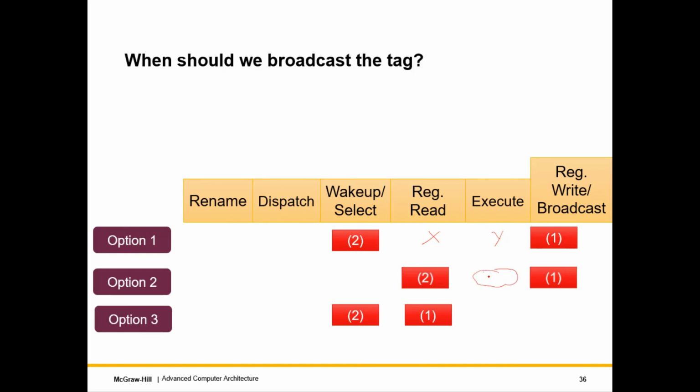Even if I were to broadcast 1 cycle earlier, that will still not work. Hence, what I need to do is that when instruction 1 goes to the register read stage, just after getting selected, it speculatively broadcasts the tag. I am using the word speculative. In this case, it makes an assumption that the execution will take 1 cycle. We will come to the implications of this.